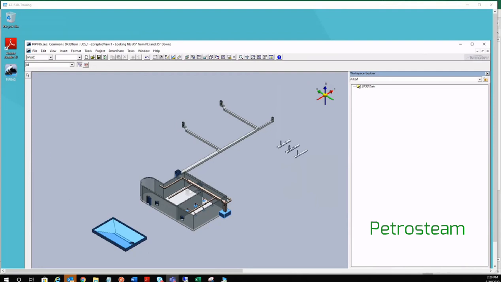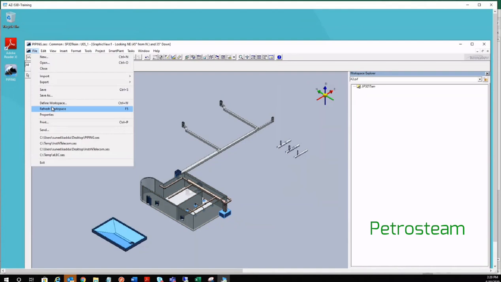So refresh means it will query all the objects and then refresh the workspace. Normally, why is this refresh used? Say in this area, one structural designer is working, one piping designer is working, an electrical user is working.